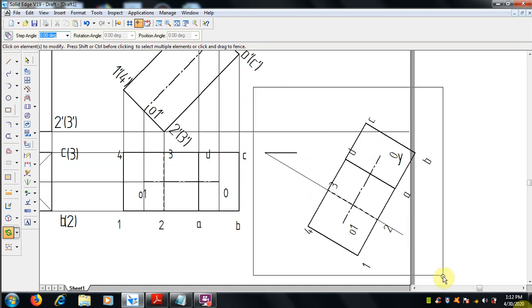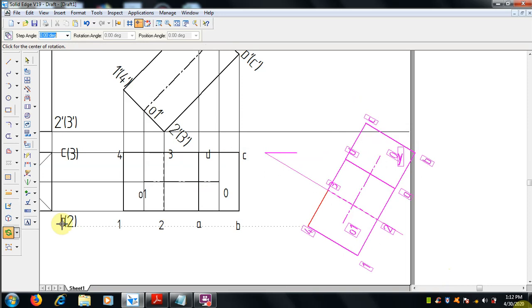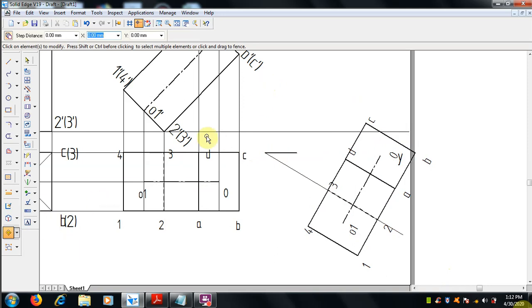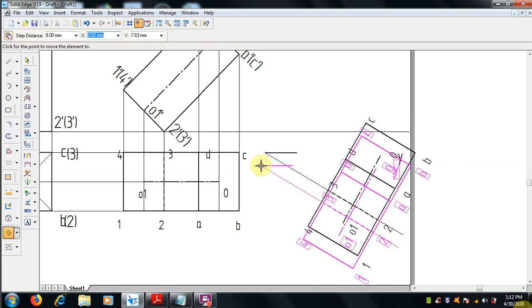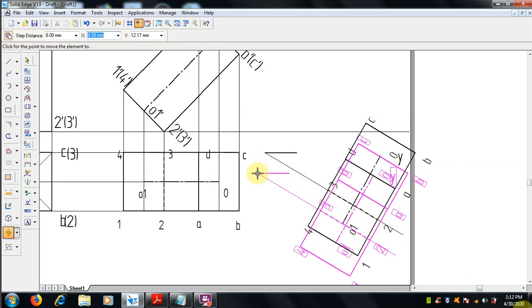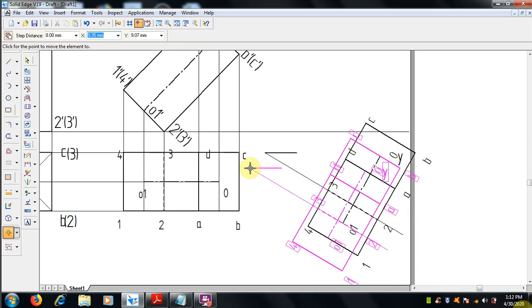Already we have moved a little bit down, but if it still exceeds the reference line, then we can move a little bit further down. Select the entire thing, use the move option, and just move it down without any intersection with the reference line.